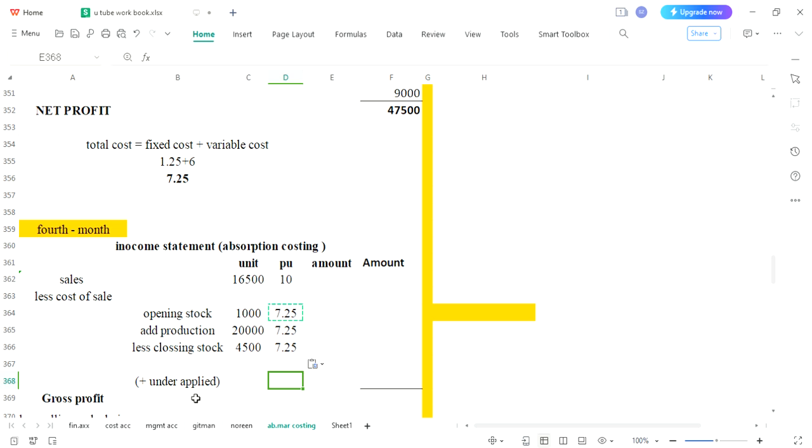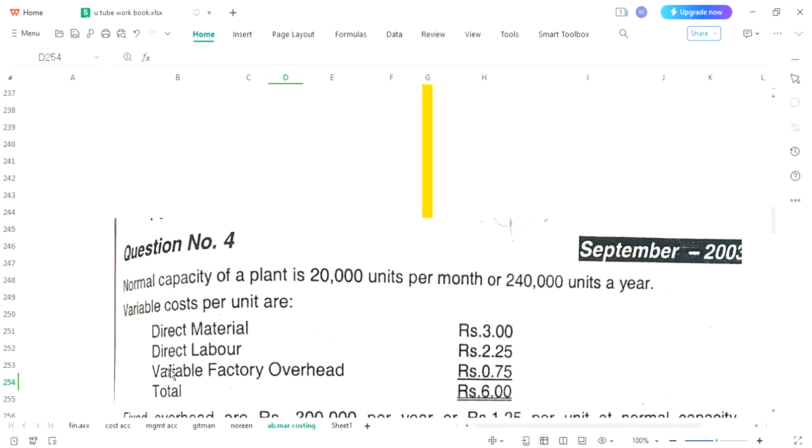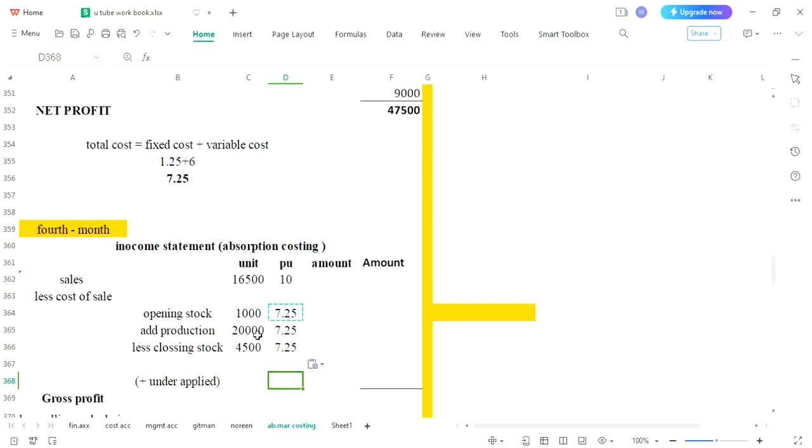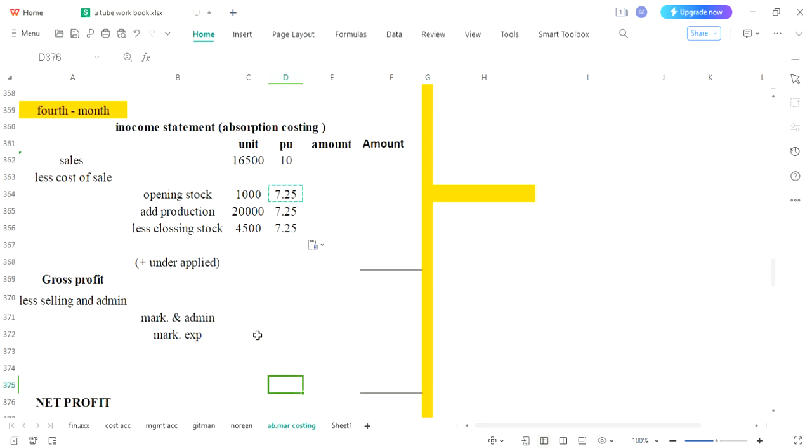At last we will see under over applied. Look, in question it was mentioned that your standard is 20,000 units, and in 4 months we have produced 20,000 units. What does that mean? It means number of units are exactly equal to our standard, so there is no over or under applied,